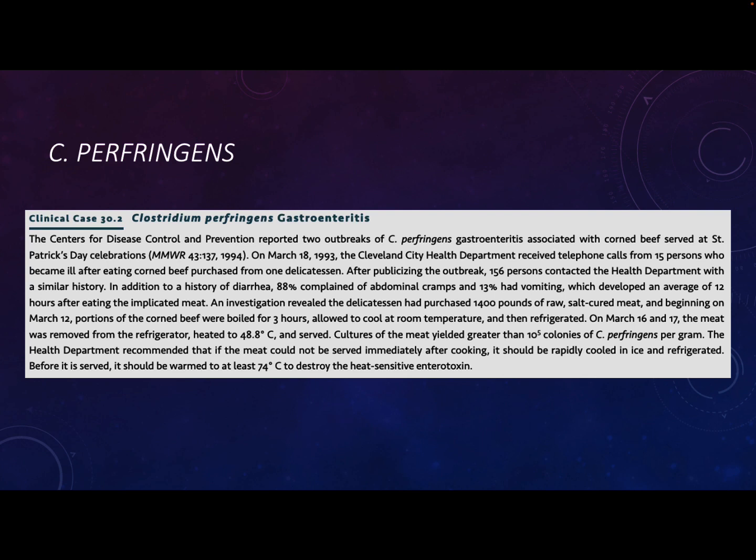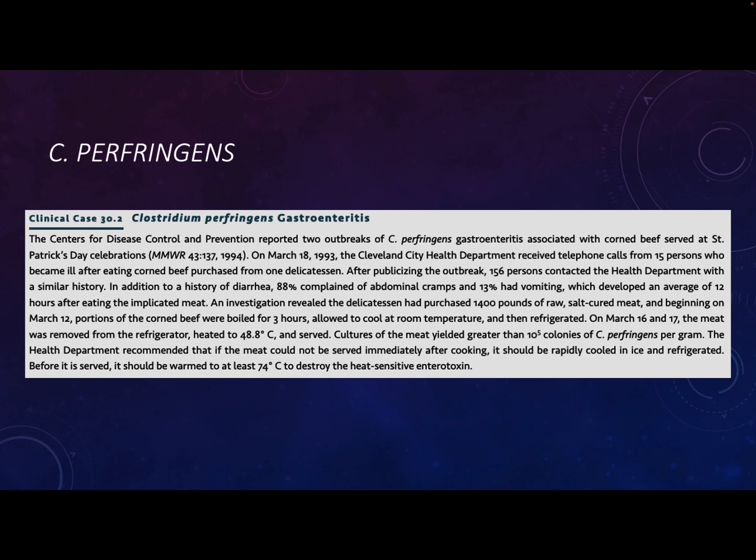Patrick's Day, in Cleveland, they received telephone calls from 15 people who became ill after eating corned beef purchased from one delicatessen. After publicizing the outbreak, 156 people called the health department with a similar history. In addition to diarrhea, 88% complained of abdominal cramps, 13% had vomiting, which developed an average of 12 hours after